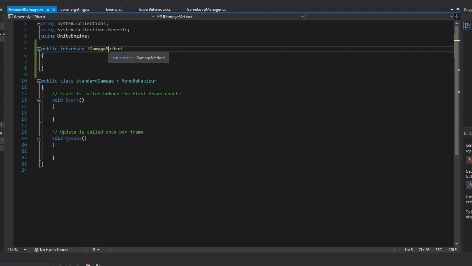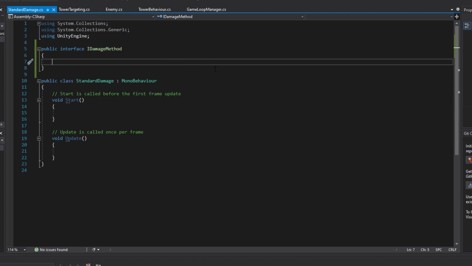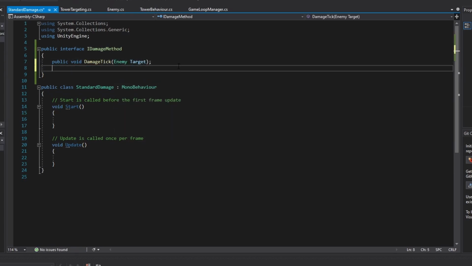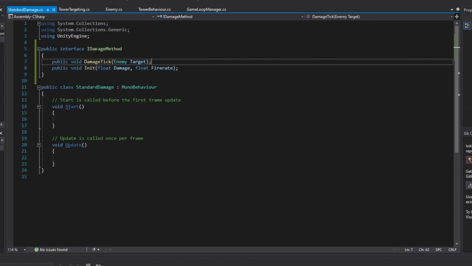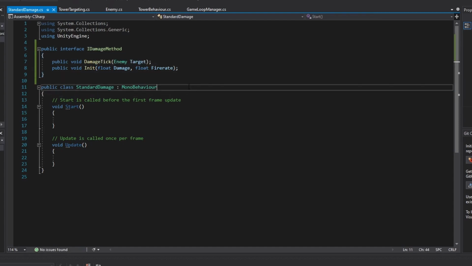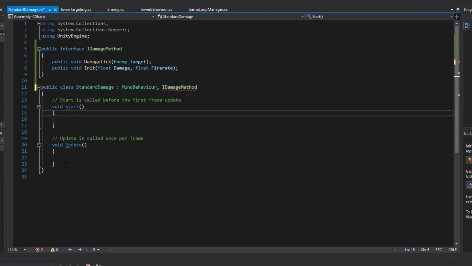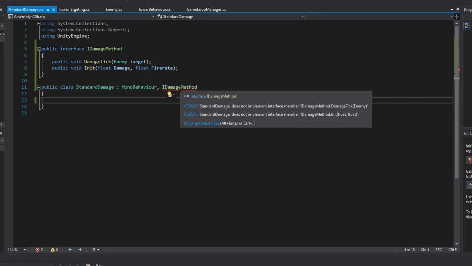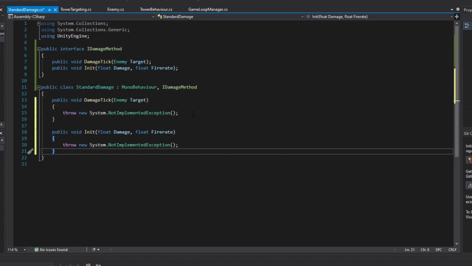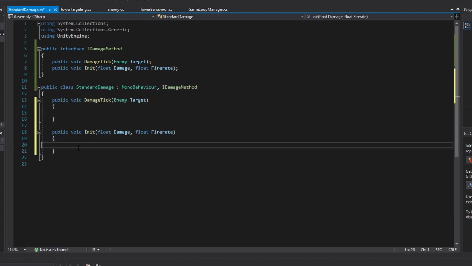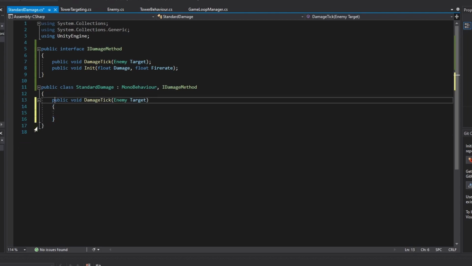And yeah, so public interface iDamageMethod, and this will take in a public void of damage tick, and this function will take in a reference to an enemy of target, and it will have another function called init, short for initialize. It'll take in a float for damage and a float for fire rate. And once we are done with our interface, we can make our standard damage class inherit from it, and we don't need the start and update method, so we can just get rid of those, and we can just implement these 2 interfaces. And once our 2 interfaces are implemented, I can take this initialize function, put it above the damage tick,